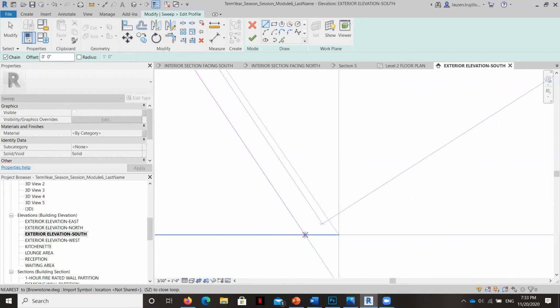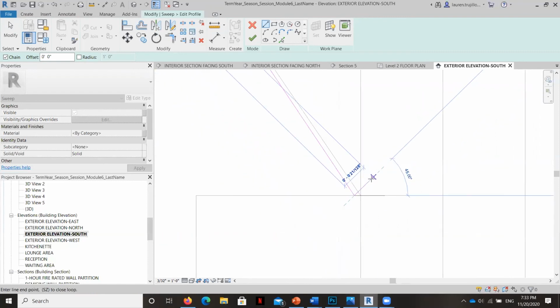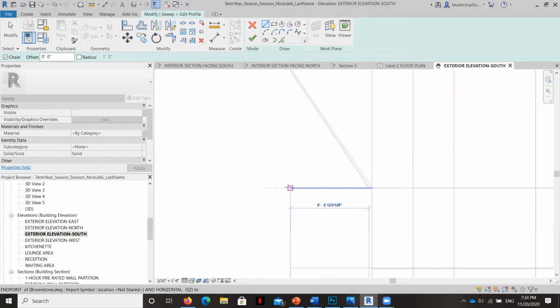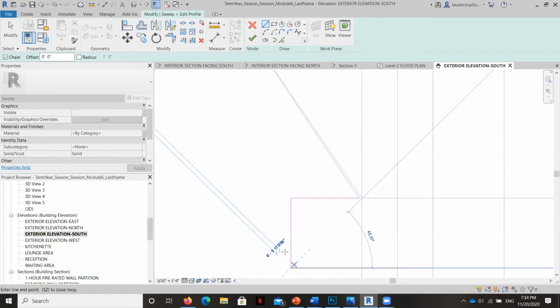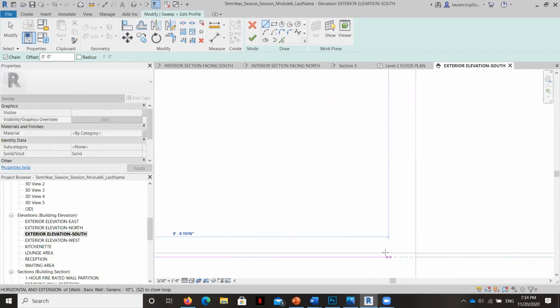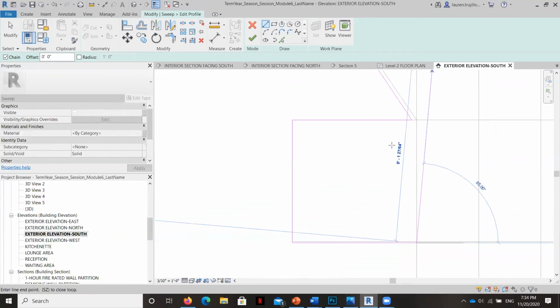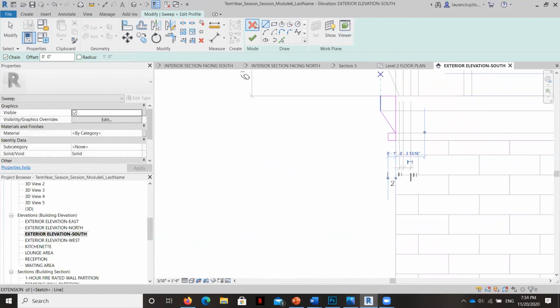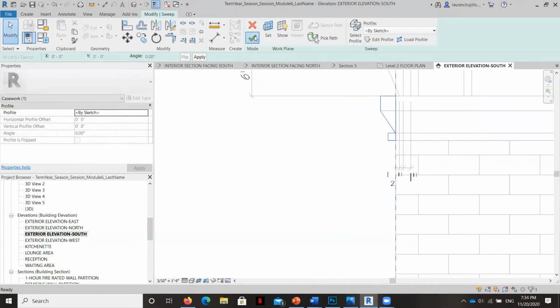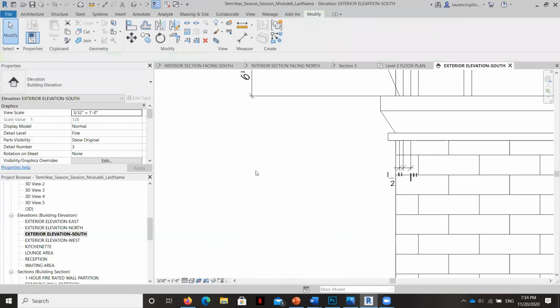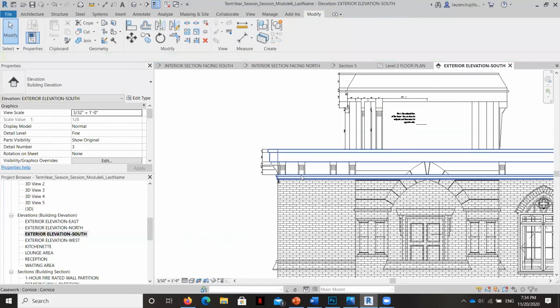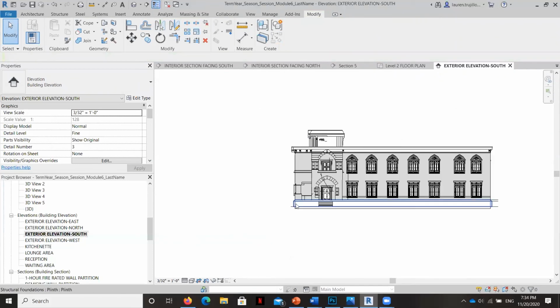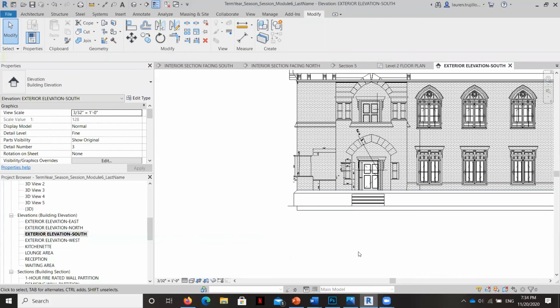So I can get it kind of close, but I can't touch it. So it's not exactly the right profile. Okay, and then green checkbox, and now you have two extrusions at the top to create the cornice and another one at the bottom.